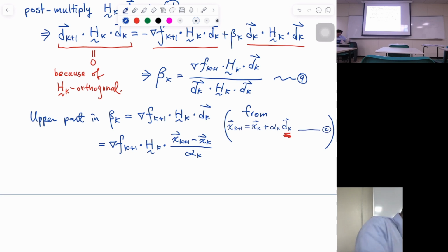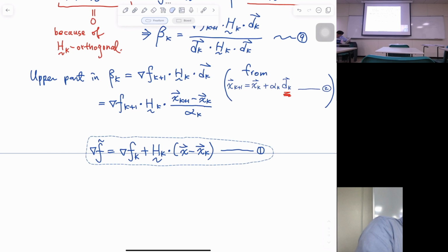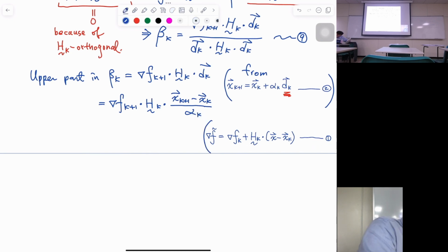Now, for the Hessian, we're going to use equation 1. Equation 1 right here. So equation 1, copy, and then paste it here. Equation 1 is, okay. Because of this equation,